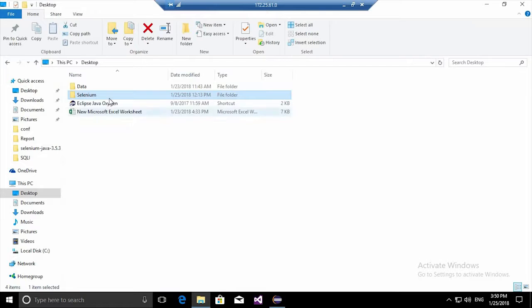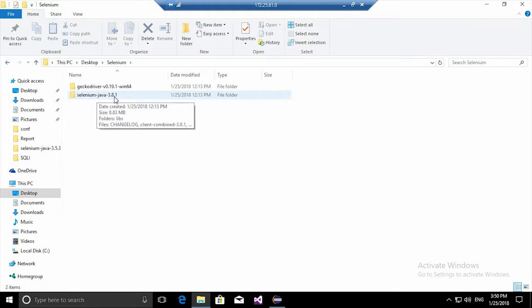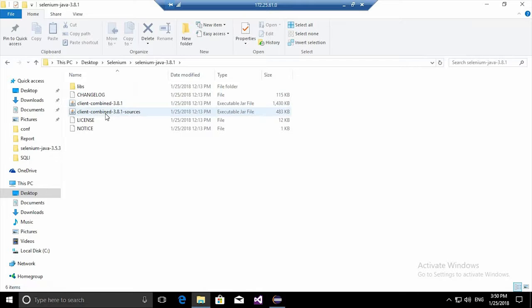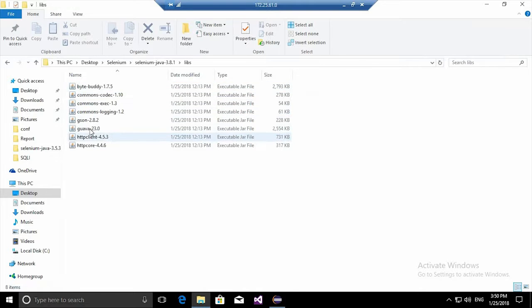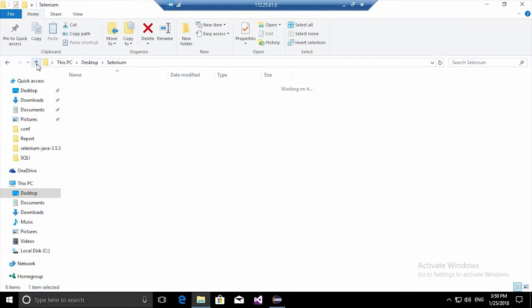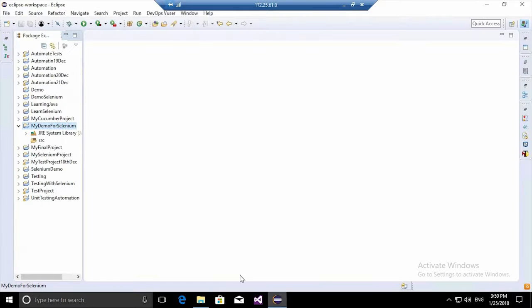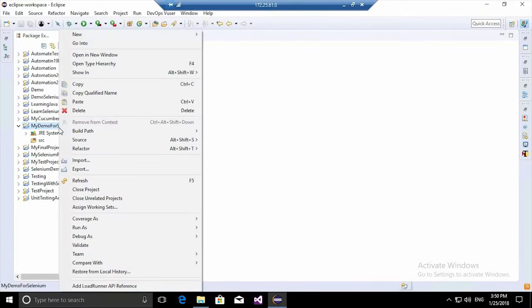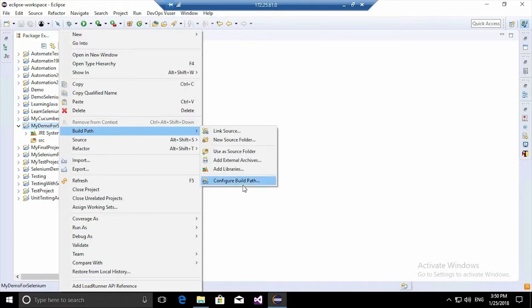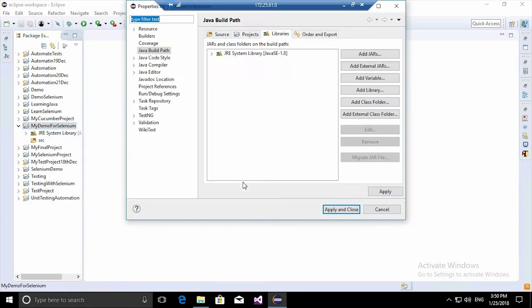Now, we already have downloaded Selenium. Selenium is a jar file. The current version of Selenium is 3.8.1. If you open up this folder, you would see some jar files are present here as well as here. We need to include all of these jar files into our project. How do we do that? Let us see. So we right click on our project, we go to build path, we go to configure build path. Here in this window, we go to add external jars